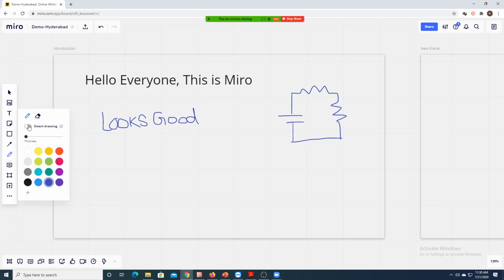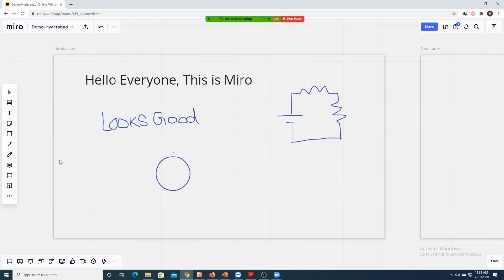If you click on this, there is smart drawing here. Any shapes that you draw, it will automatically readjust. If you draw a circle, it may not be a perfect circle. So when I click on smart drawing and then draw a circle, now see, it automatically converts it to a circle. So this is the smart drawing tool. If you want, you can explore. Else, just uncheck this. That's fine. Then go back to this.